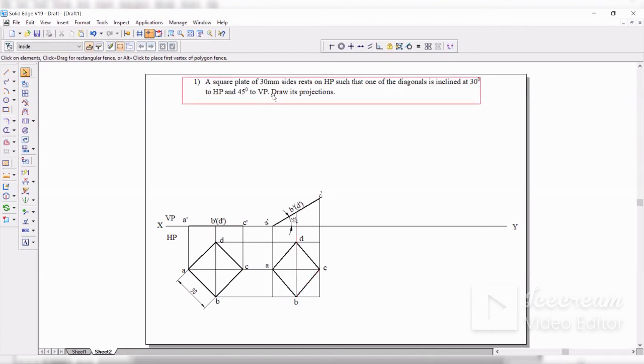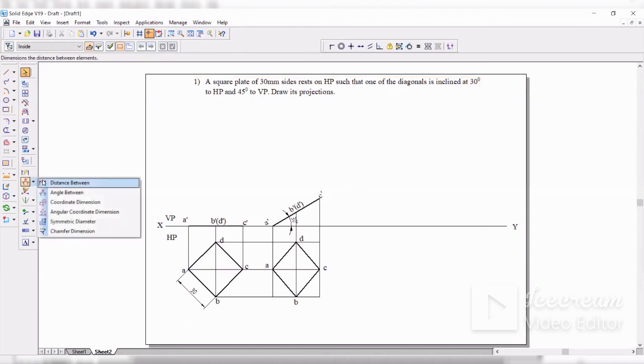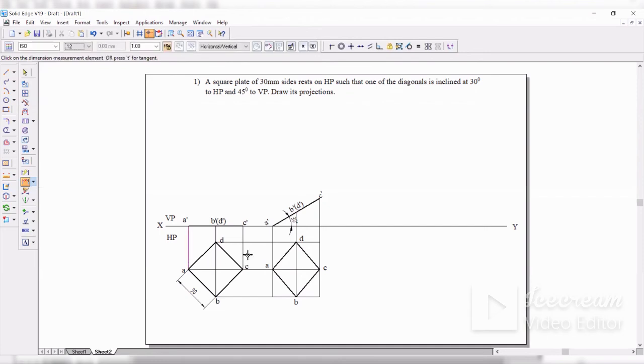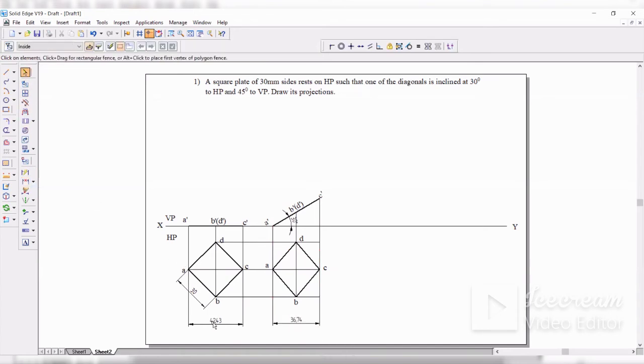Next 45 degree with respect to VP. Now it is diagonal resting. Now you can see the diagonal, you can check the diagonal distance between here to here. This is the first position diagonal, 42.43. And now second position, let me check the distance between the second diagonal distance, second position. Have a look at this. You can see clearly the first question was 42.43. Second question is 36.74. So the diagonal distance has changed. Now you are inclining the same diagonal in the third position. Now the length has changed, so you cannot draw with the normal position.